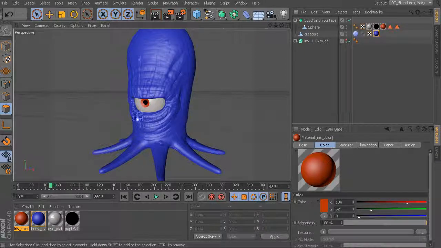Now once we've got some simple materials added, let's in the next lesson take a look at some of the ways that we can start to render this object. So make a nice final image that'll go along